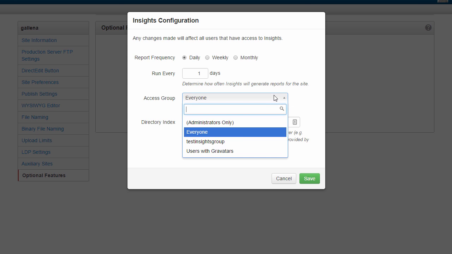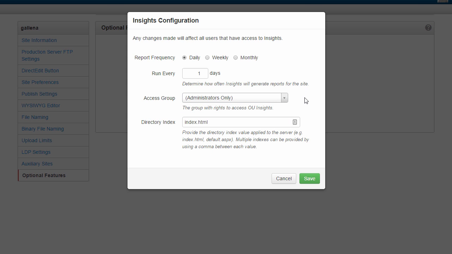If I want to change this group to a group like administrators only, that means that not only will admins be the only people who can access Insights from the reports menu, they will also be the only ones who will receive the email every time Insights performs a scan. And finally, they will be the only people who can receive a report. So if you go into Insights and you want to share a particular report, you're only going to be able to choose from members who can actually access Insights. If this was changed to admins only, that means that only level 9 and 10 administrators would be able to have reports shared with them, at least from within the interface.